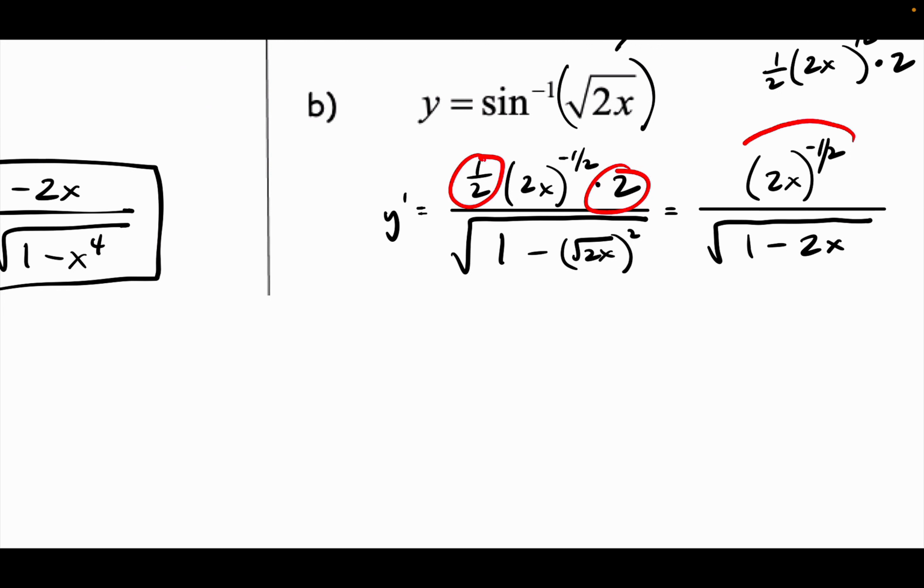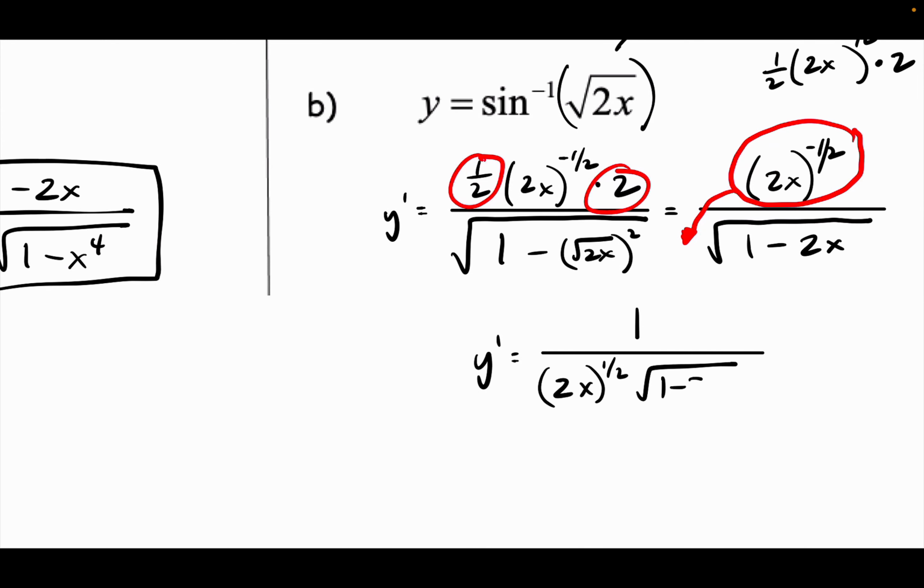Last thing, move this guy down, because it is a negative power. So you're going to get nothing left on top. Well, there's always got to be something, so there's a 1. So on bottom, you're going to get 2x to the 1/2 times the square root of 1 minus 2x. You can change it so that they both have